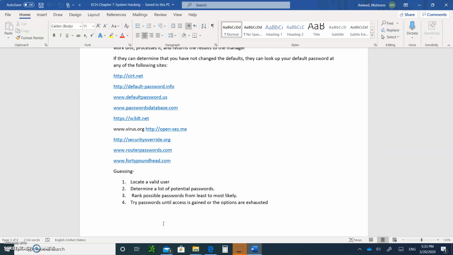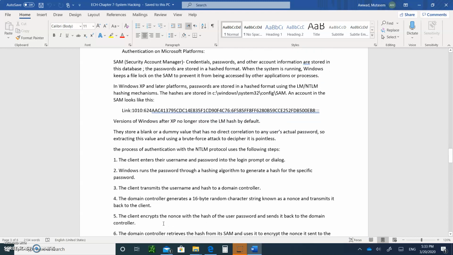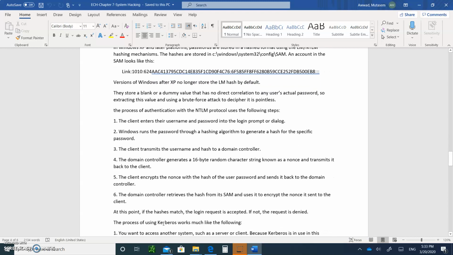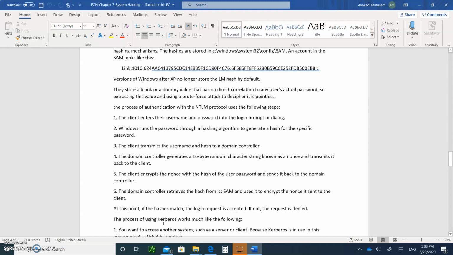Horizontal privileges is when you steal someone else's privileges to have access. Vertical privileges is when you get in and you escalate your privileges. You give yourself more privileges than you deserve, of course. We're going to hack into a system, and then we are going to escalate our privileges and give ourselves